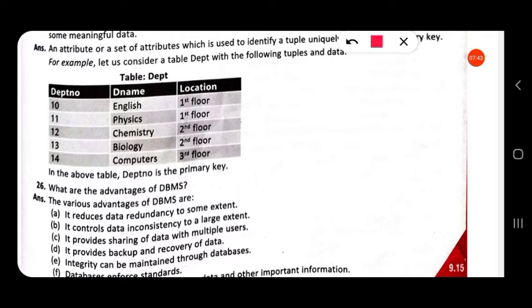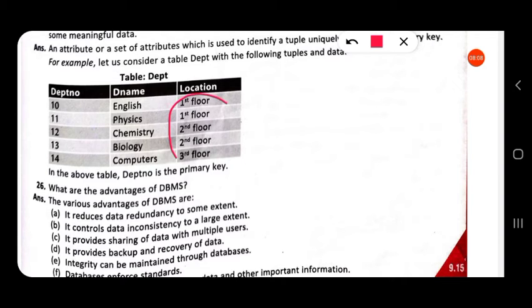Here we can consider the department number and department name as the primary key, because both have unique values. They are not repeated. 10 is not repeated, 11 is not repeated, and here also English, physics, chemistry, biology, computers, no values are repeated.